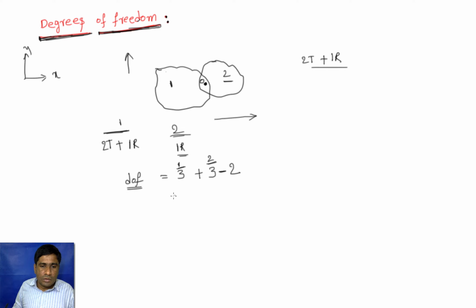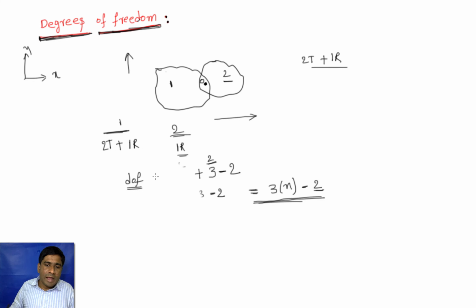So for example, this can be written as 2 into 3, where 2 is the number of links n. So here in this case we have 2 bodies, that's why here n equal to 2. So this can be written as 3 into n, where 3 is the degrees of freedom of a link in a plane and n is the number of links, minus 2, where 2 is the number of constraints that is due to this hinge point. So this is the formula that we have derived. And